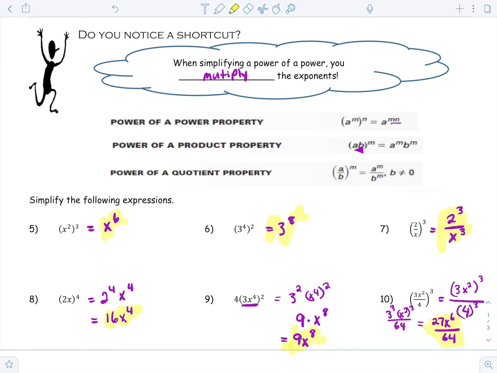That was a little process, but if you take it step by step, you can do it. So this is going to be best solidified through some practice. So now you're going to complete